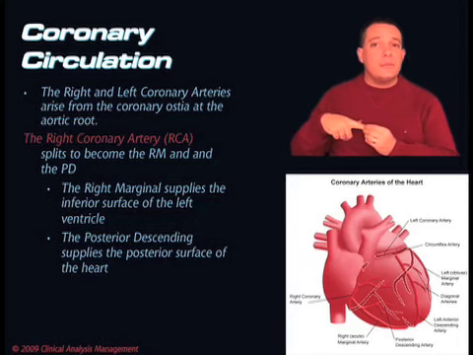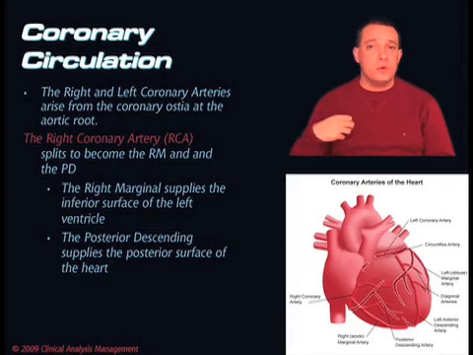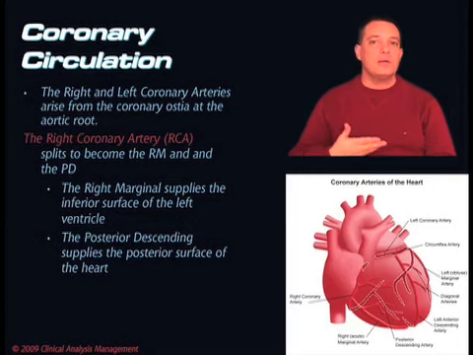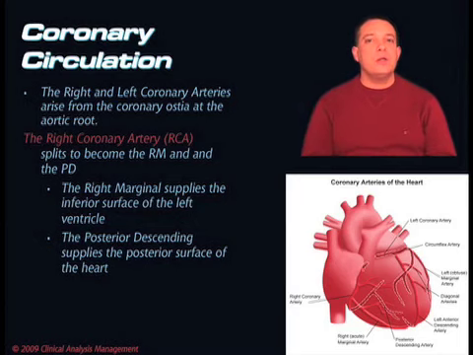The other artery that comes off there is the right marginal, and the right marginal is what's largely responsible for supplying blood to the bulk of the inferior surface of our right ventricle. I'll say that again. The right marginal artery is what's responsible for supplying most of the inferior surface of our right ventricle. And it's really important that we understand coronary artery perfusion, because when we're looking at an EKG, we